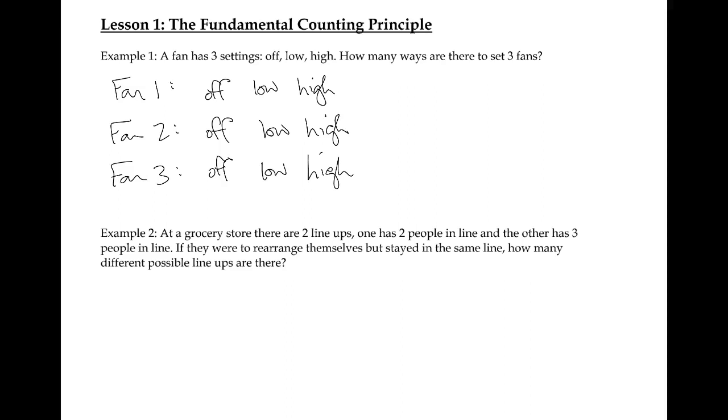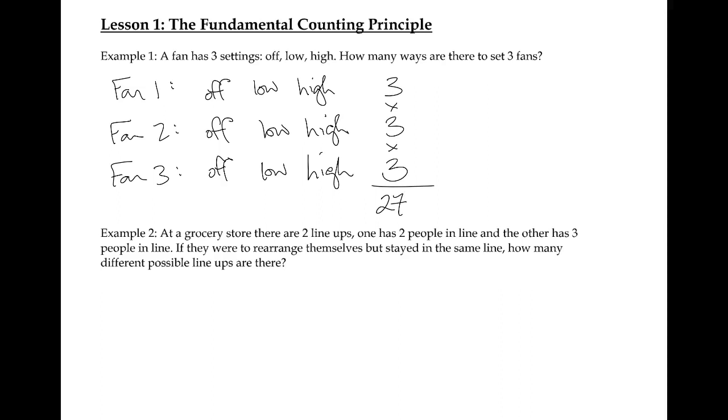So because each fan has 3 options, and I don't have to have all of them on the same setting, that's not anything that I'm told. I could literally choose any one of the 3 for all 3 of them. So in general, I have 3 options here, 3 options here, and 3 options here. And that means that overall, I would multiply them together, and I would get 3 to the power of 3,